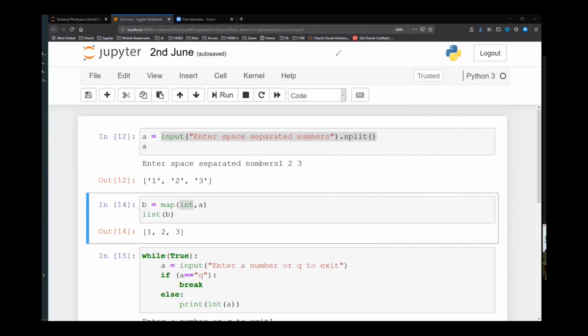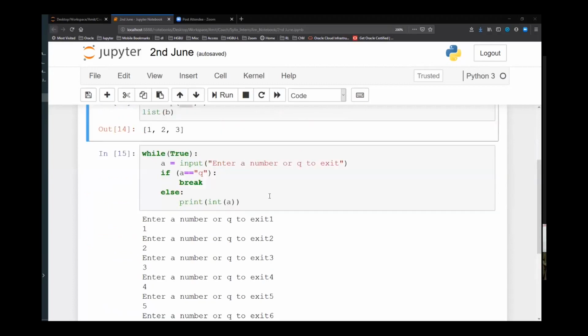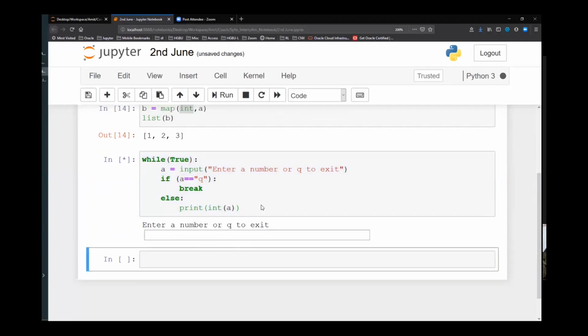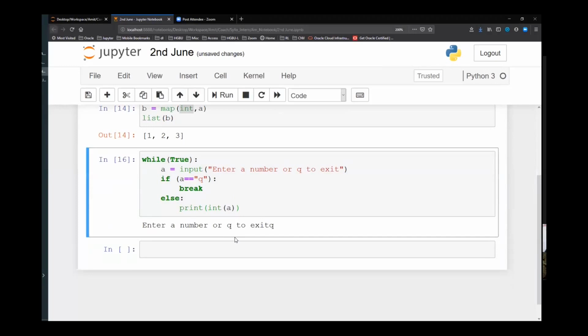After that, what we discussed was the do while loop kind of thing. You can remember this also. This is how you implement a do while loop in Python, if at all needed. Here I require a do while loop because before any condition check, I need to validate what the user has input. Maybe he will press Q the first time itself. So let's say enter a number or Q to exit. I will press Q and it will exit.